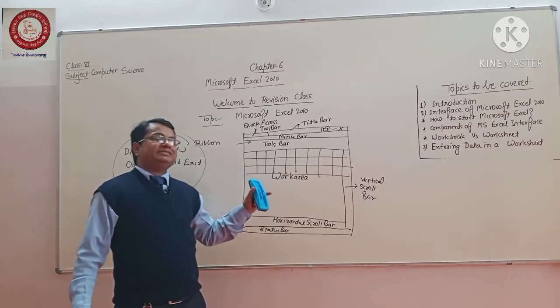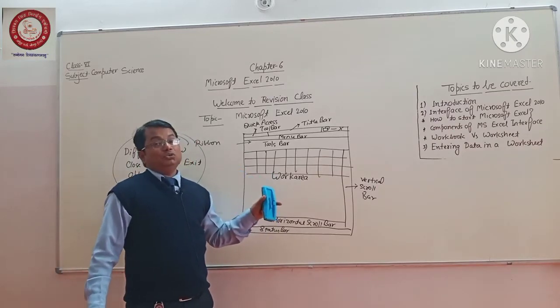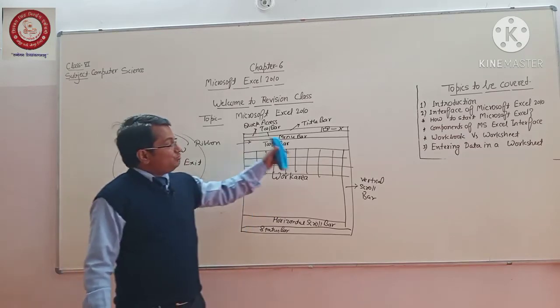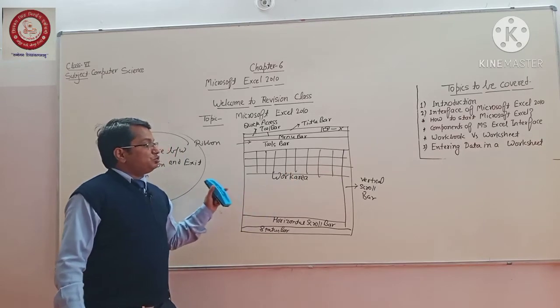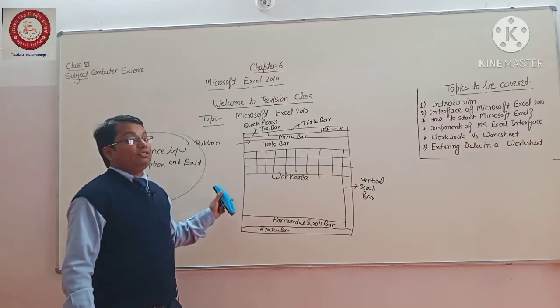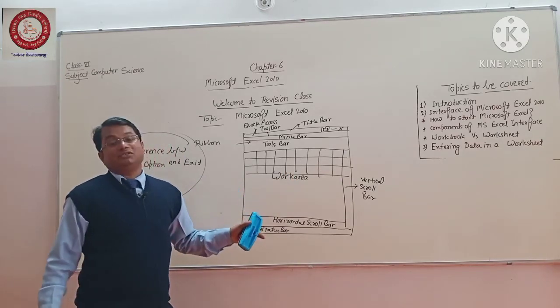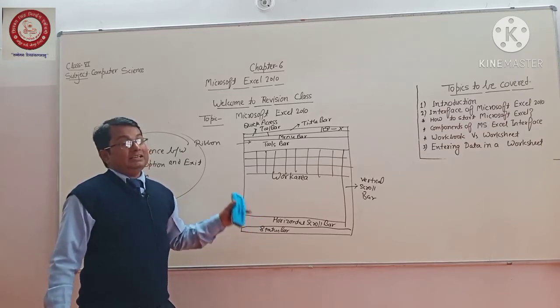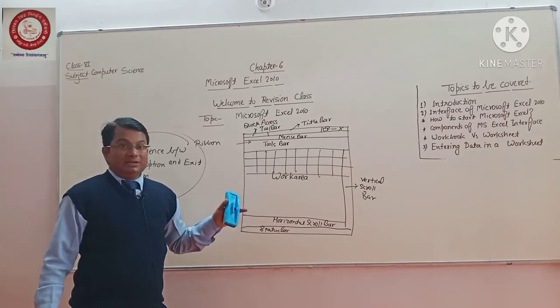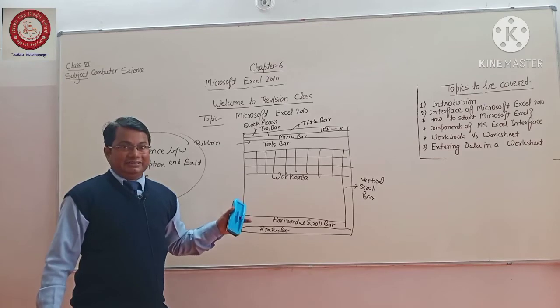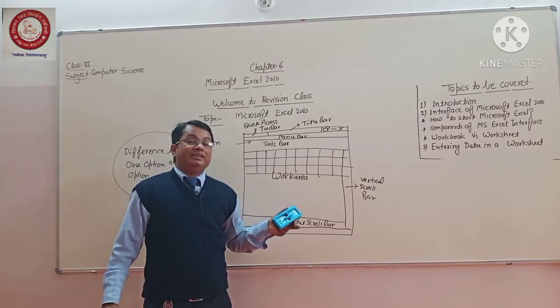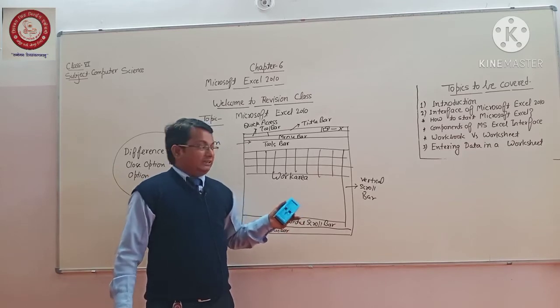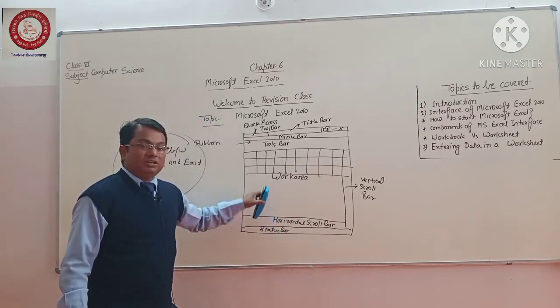So what are the contents that are hidden? If you want to see them, you just have to move up and down according to your requirement. Or if you want to see the content which is hidden on the left or right side, you have to move your horizontal scroll bar according to your requirement. If you are unable to see that kind of content, then definitely at that time the scroll bar is very useful for you, right?